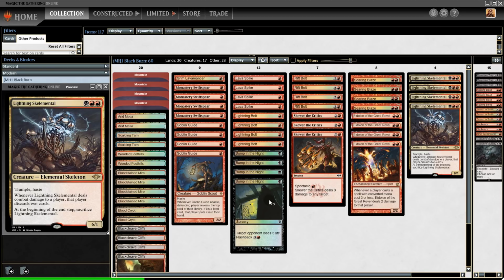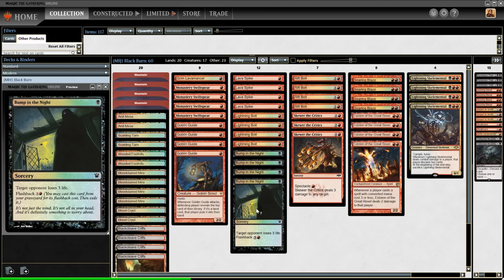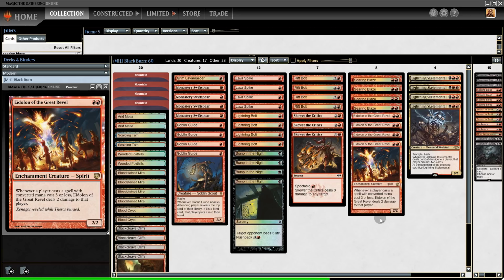On top of that, we also have Bump in the Night. It's basically Lava Spike, except better because it can flash back for 6. And then we have the core cards that you'd find in a traditional burn deck: the Goblin Guides, the Monasteries, Grim Lavamancer, 4 Lava Spikes, 4 Bolts, 4 Rift Bolts, 3 Skewer the Critics, 4 Searing Blaze, which, if we play a land that turn, deals 3 damage to a creature and 3 damage to our opponent. And then we have 4 Eidolons, which whenever a player plays a card that costs 3 or less, they take